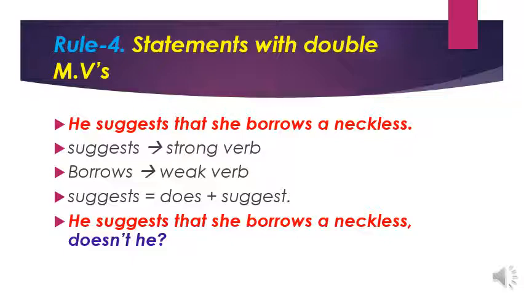This is all about statements with double verbs. In this, you need to see which verb is less focused and which verb is more focused in the given statement. For that particular verb, you need to take the auxiliary. If it is a helping verb, just take the same verb. Otherwise, if it is a main verb, you just split that into two: one is auxiliary and the other is main verb. So, you have to take the auxiliary verb from the helping verb.